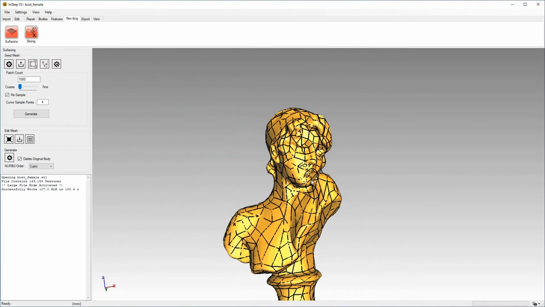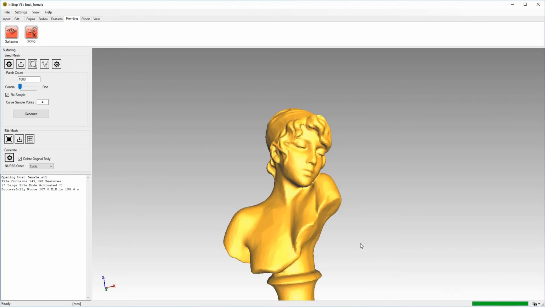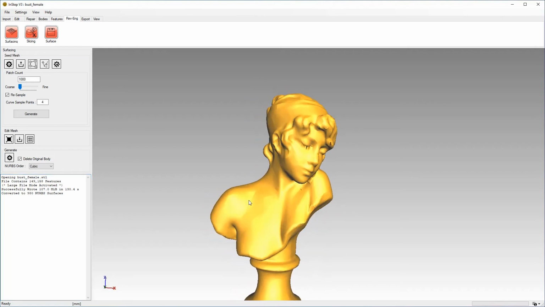So in this case, we're just going to leave it at that, and we're going to go ahead and click Generate. Now note that Generate is the point where it converts the original data down into NURBS patches. After just a few seconds, it will update the display and it will replace the original data. You also get on the side feedback about what the actual number was that it found. In this case, we ended up with 980 NURBS surfaces.